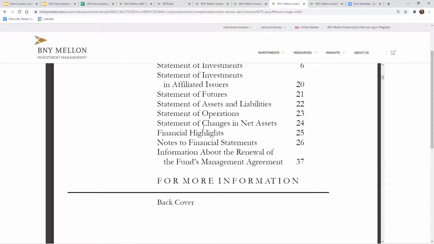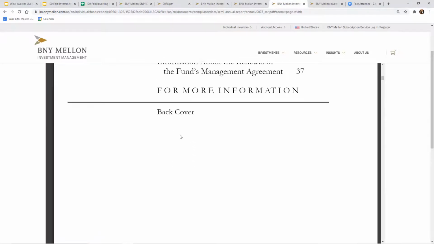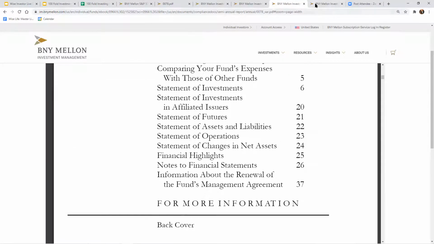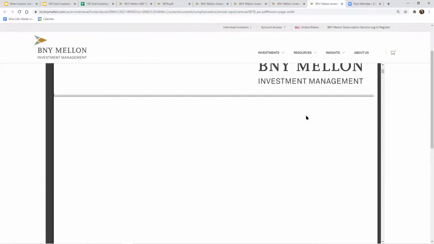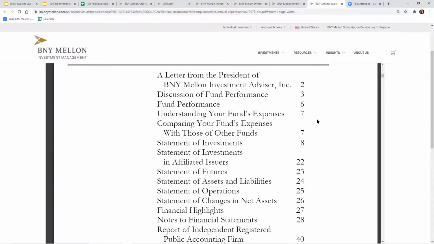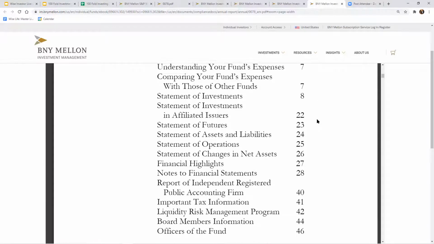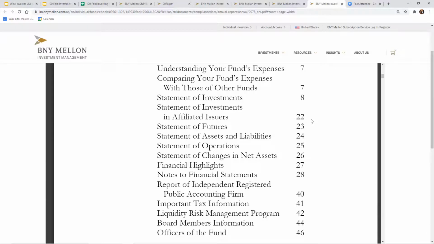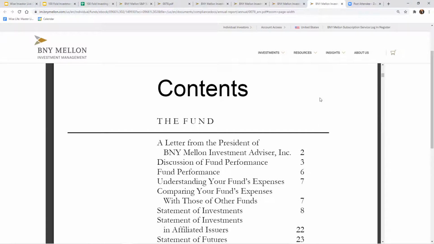Operations, changes in net assets, you know, what are they doing? That's turnover basically inside of their financial highlights. And so you can dig deep into the semi-annual. Then you have the annual, which is the big dog, and it's going to basically flush out the same things, except now you're going to take a longer view of them. So instead of going over a 6-month perspective, you're looking at it over an annual perspective and a longer view. So that is functionally it.